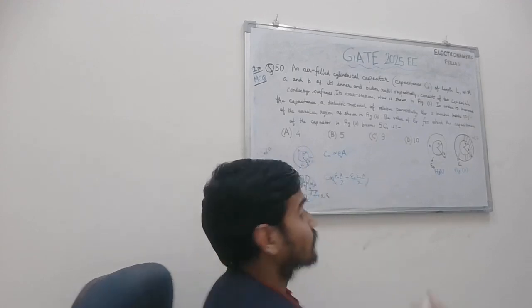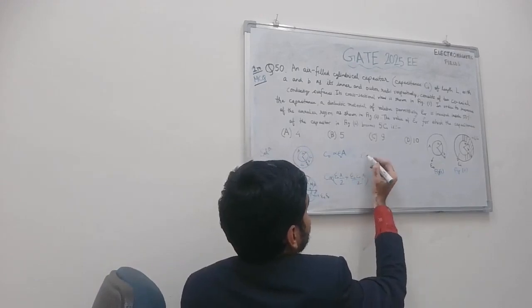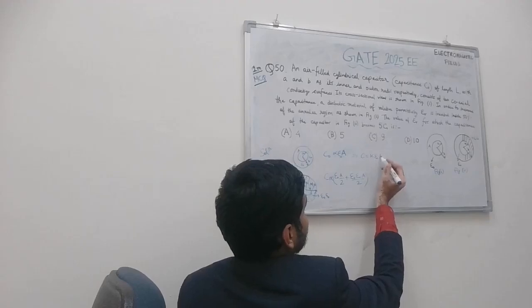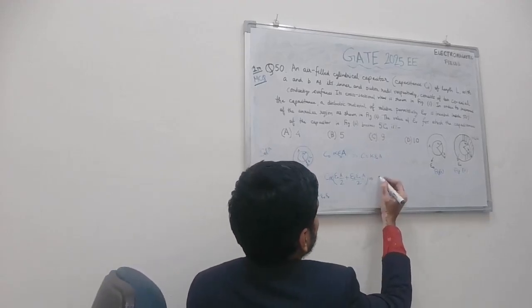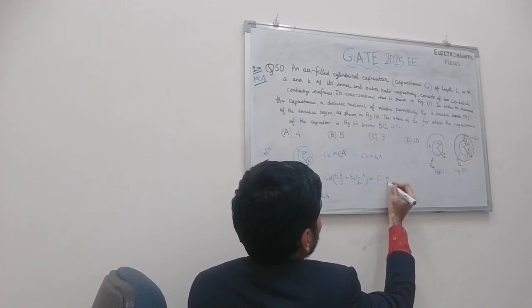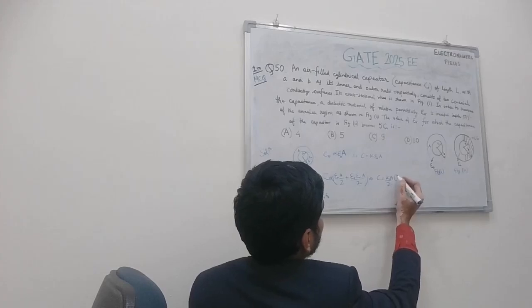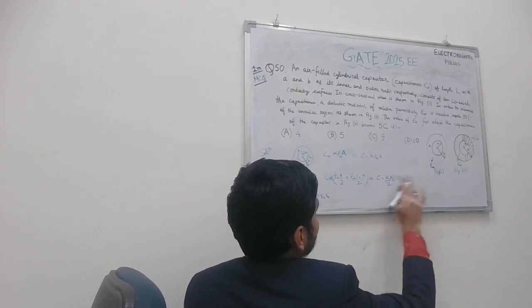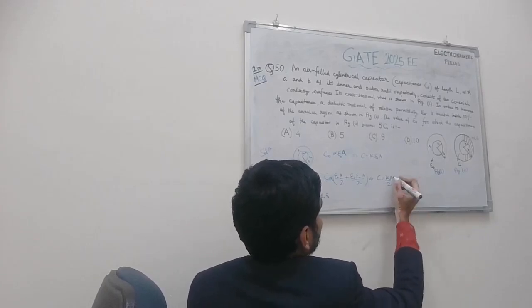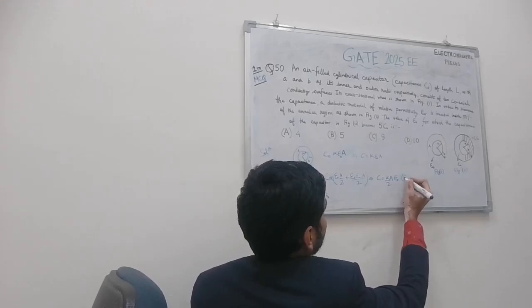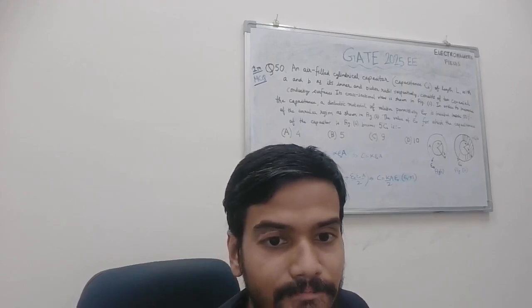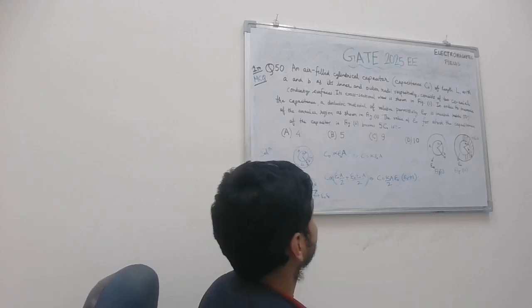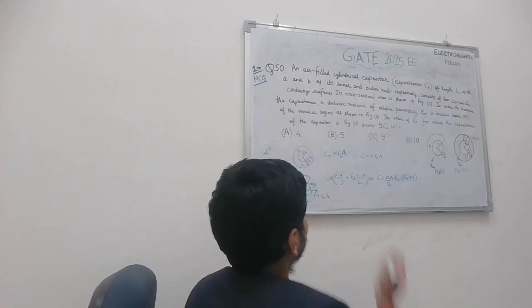Let's say there is some constant of proportionality K. You can find it out, but not required here. Here it becomes K by 2 A into epsilon naught into 1 plus epsilon r. So it is nicely epsilon naught into 1 plus epsilon r. Right? Is it coming or not? Okay? That is C.